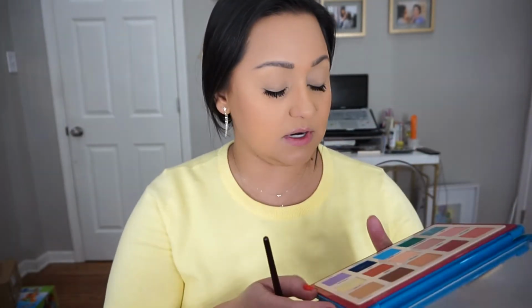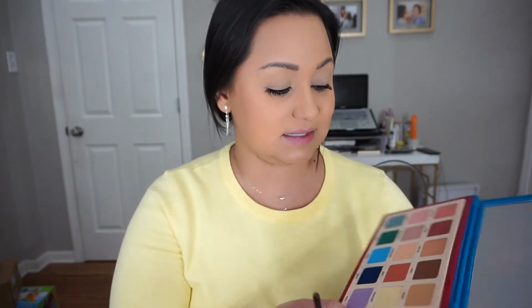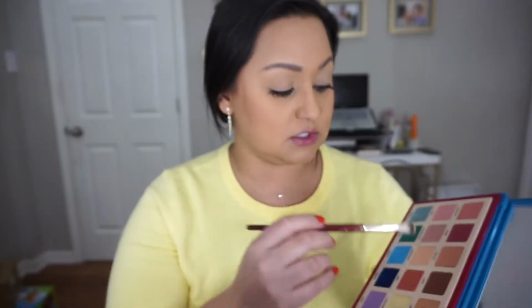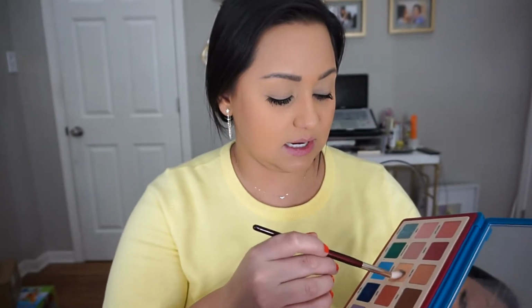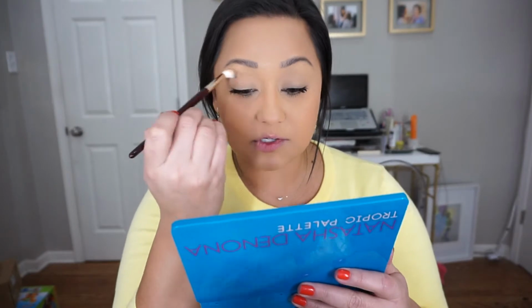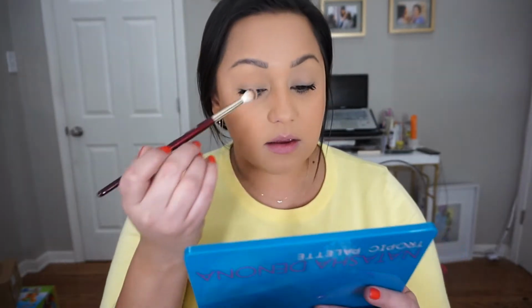So today I'm feeling a little yellow, and this palette came to mind, the Tropic palette by Natasha Denona. So I'm going to start off by taking Pastel Melon, which is this shade here. Such a beautiful shade. And I'm just taking a fluffy blending brush, and I'm just going to start by applying that in the crease